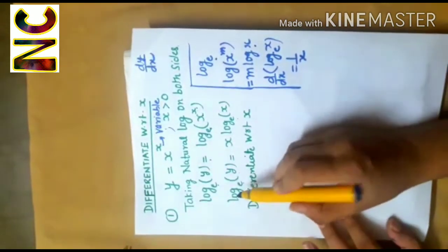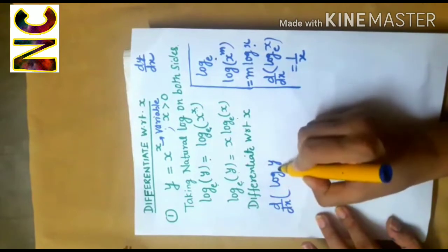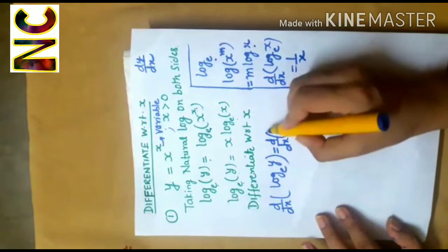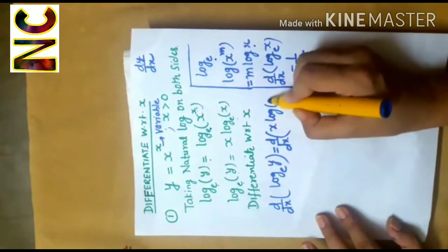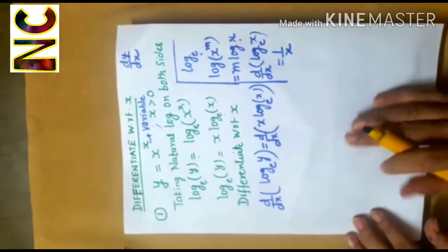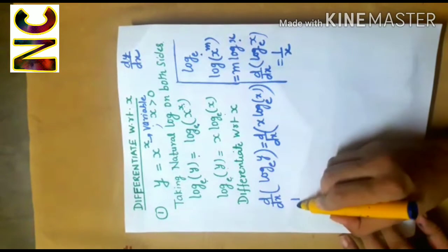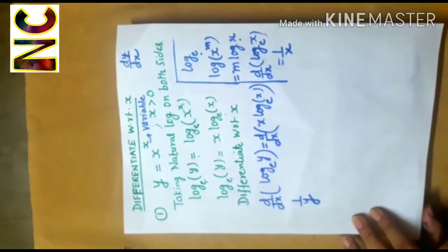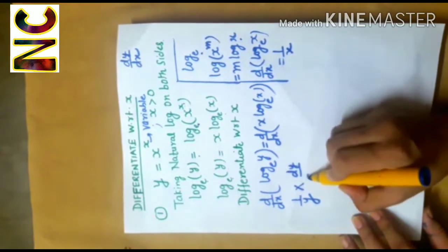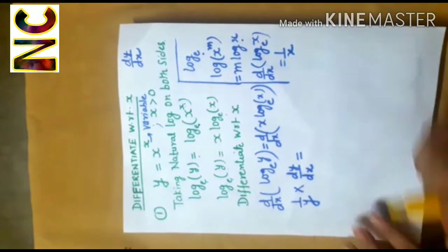So, d by dx of log y to the base e is equal to d by dx of x log x to the base e. Now, the derivative of log y with respect to x will be equal to 1 by y into the derivative of y with respect to x. This is equal to